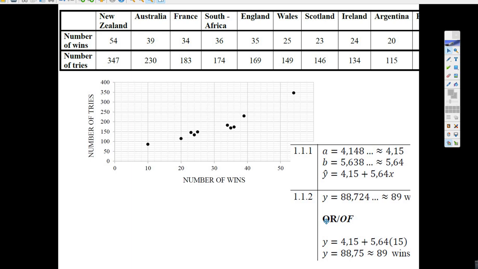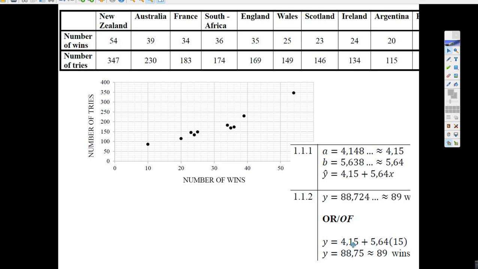Then they ask you to predict. They asked you to make a prediction for if x is equal to 15. So what would happen for a country that had 15 wins? What would you predict for the number of tries? And all you do is take 15 and put it in for x. And you get 88 point, or actually, I guess that's the number of,